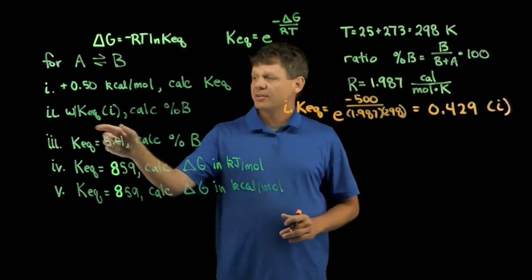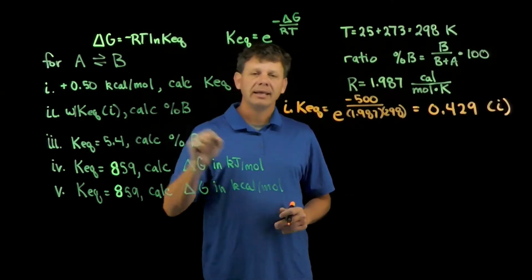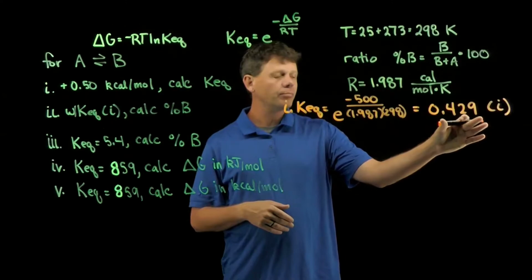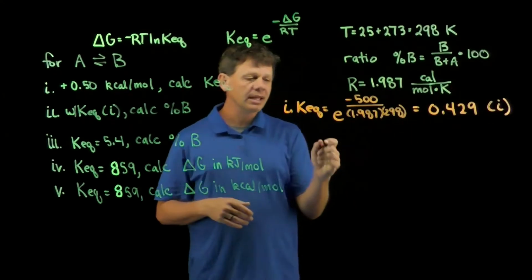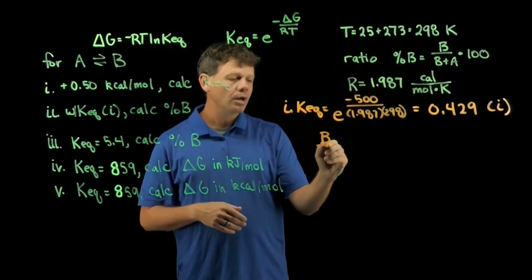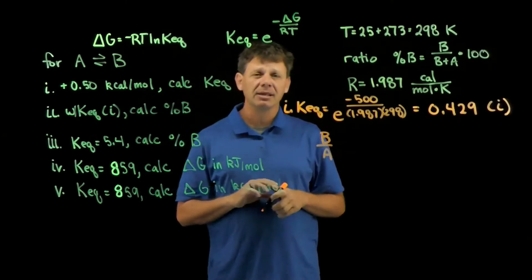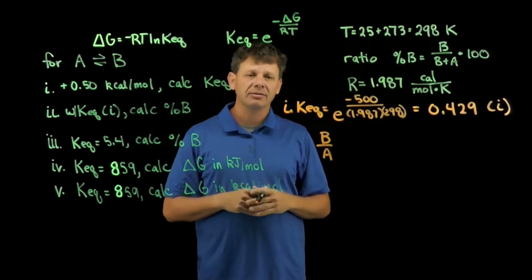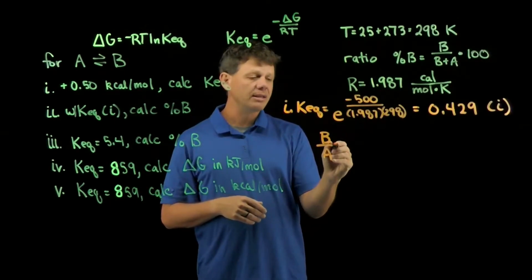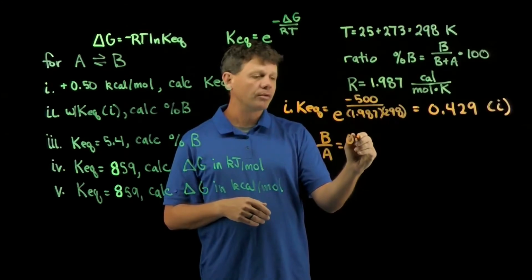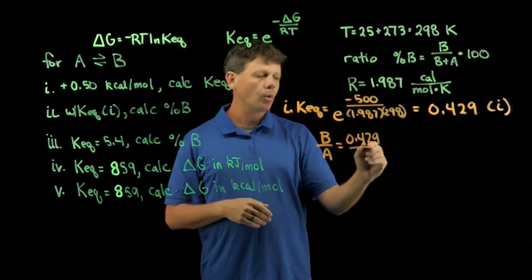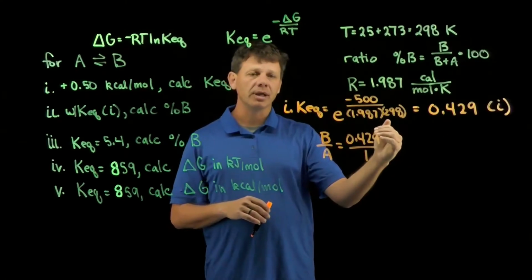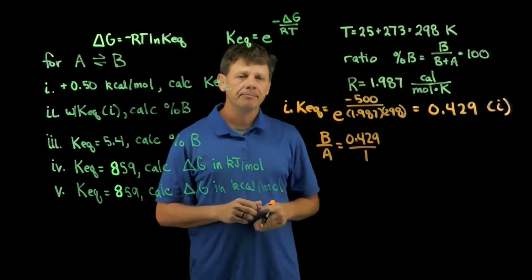Part 2 asks us to take that KEQ and calculate the percentage B. Now, when we have a KEQ of 0.429, what we really have is a ratio of B to A. Remember, KEQ is the products over reactants. B is the product, A is the reactant. So our ratio of B to A is actually 0.429 to 1. If we calculate a KEQ of 0.429, that means we have a ratio of 0.429 of B to 1